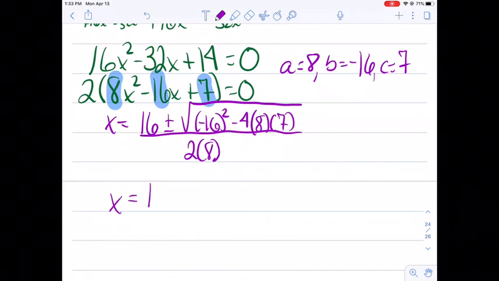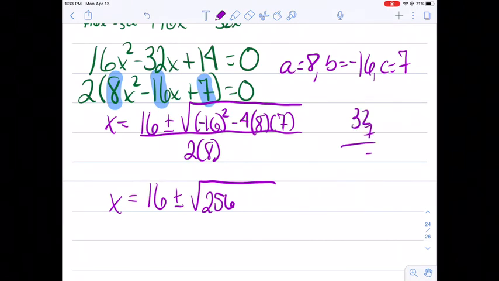So I have x equals 16 plus or minus the square root. Now, negative 16 squared is positive 256. And 4 times 8 is 32. 32 times 7 is 224. Okay, so 256 minus 224